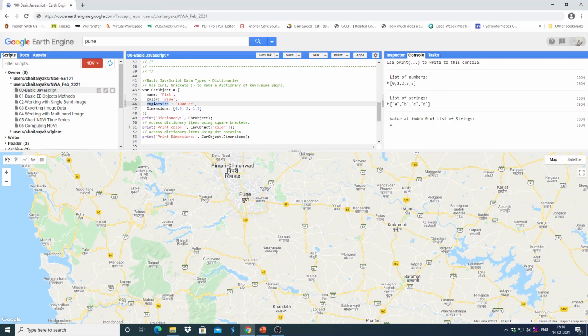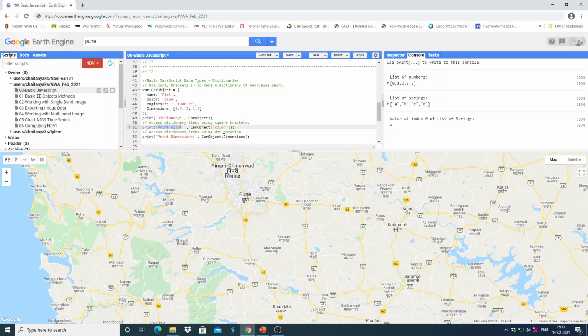Now to access items of any dictionary, you have to pass on the key to the dictionary using the square brackets. And there are two ways to access any value from a dictionary. One is passing the key using a square bracket. Let us say you want to print the color, so we write a print statement, print color colon within single quotations, then comma, the second argument.